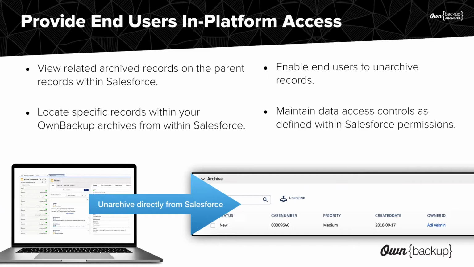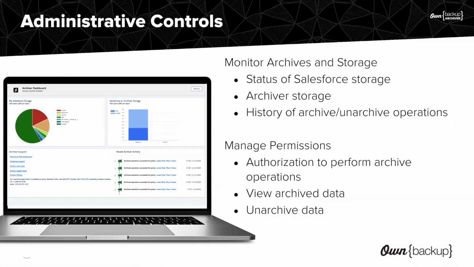And then we also talked about making sure that we're relocating the data, but we're doing so in a way that's not going to interfere with business users. To make sure that doesn't happen, we can make those archived records visible to any user that you specified from directly within the system. So what it enables you to do is set permissions to allow them to view and potentially even restore archived records on the parent record, and they can do that from directly within Salesforce. So it's pretty powerful stuff there.